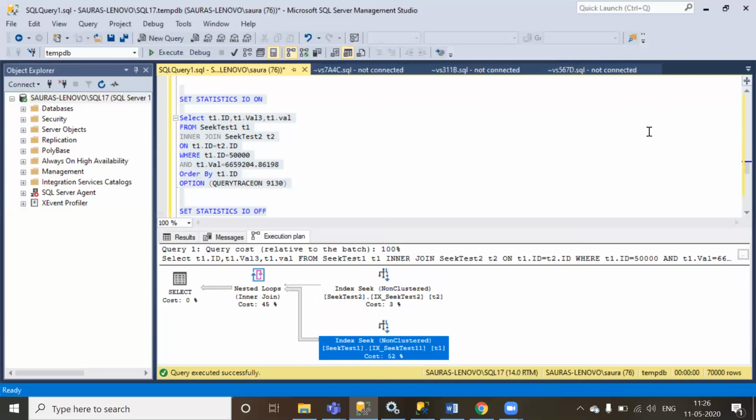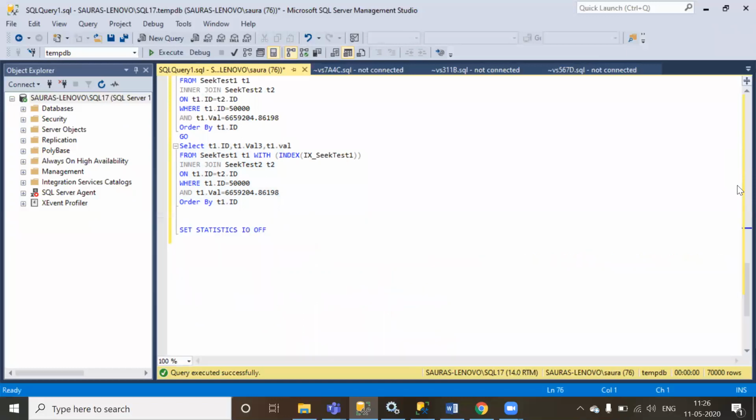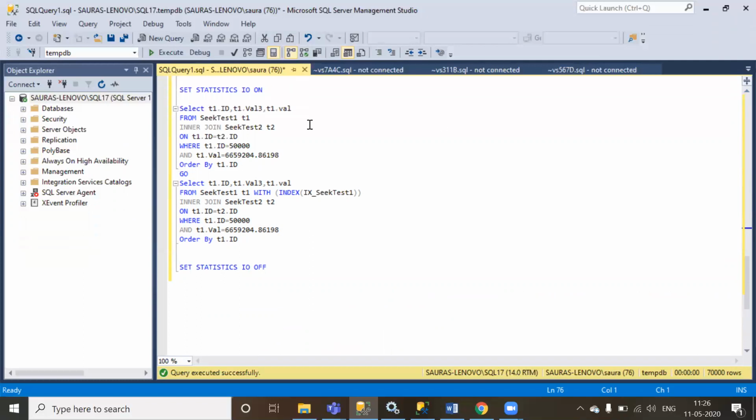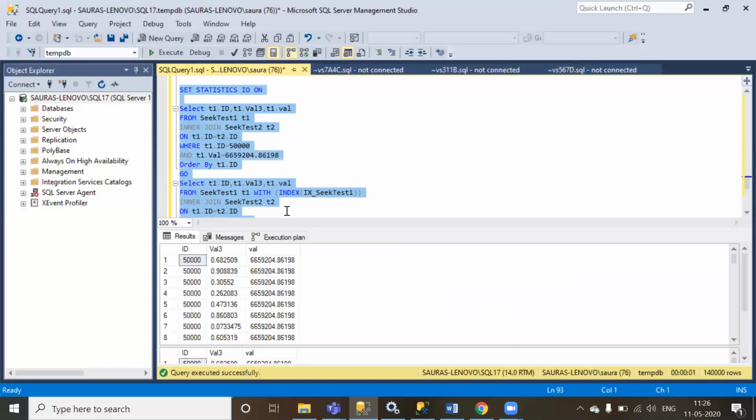Now, did I really improve the performance of the query? That I don't know so far. In order to identify whether we have improved the query performance or not, I'm going to run the same select statement twice, but in the second select statement, which is exactly the same, I'm going to force the optimizer to use the index that I created before, which has only id as the key column. Then we'll look at the execution plan. So let me go ahead and execute this, and once it is completed, we'll look at the execution plan. And now it is completed.